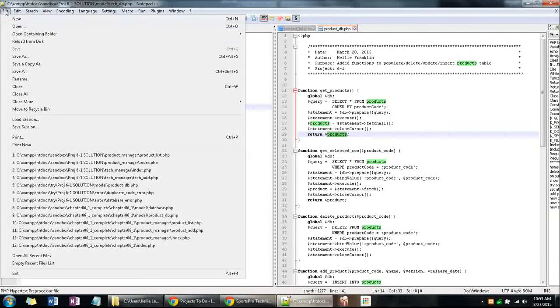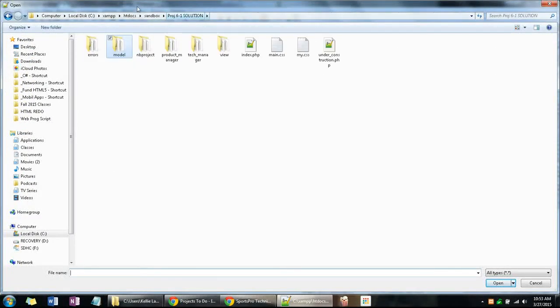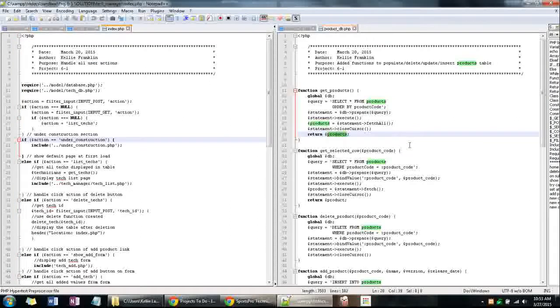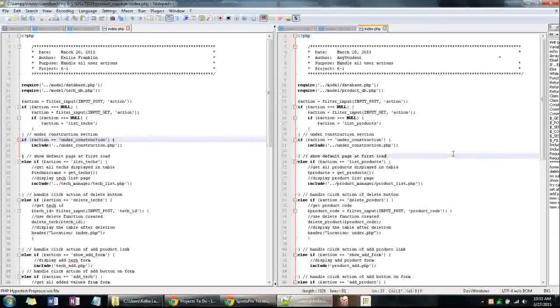So now let's go to the index page and let's handle any of the if actions. So we're going to go into Tech Manager, Index, keep that on the left side, and for the right side we're going to open up Products, Manager, and that index page. Okay, so once again we got this on one side. So basically what I did is I started at the very top. Product DB was the file that was required to be able to run these